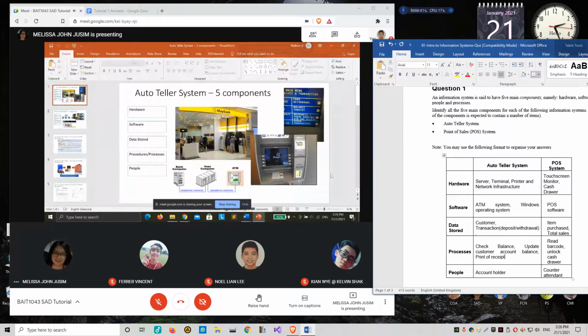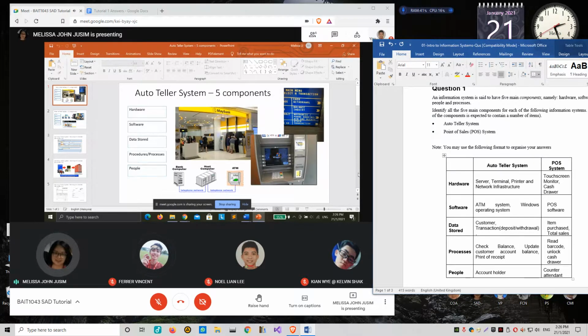Now, as for the people, who are the people involved in this auto teller system? Who will be the users? Account holder. Account holder or the bank customer? The bank account holder or the bank customer, correct?